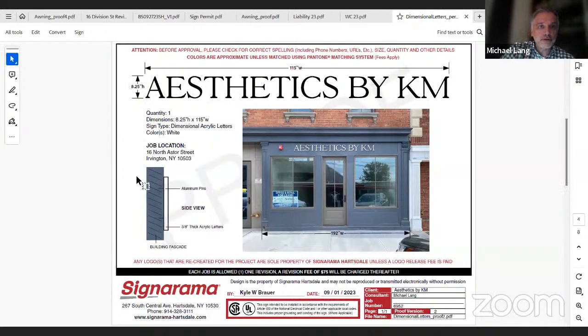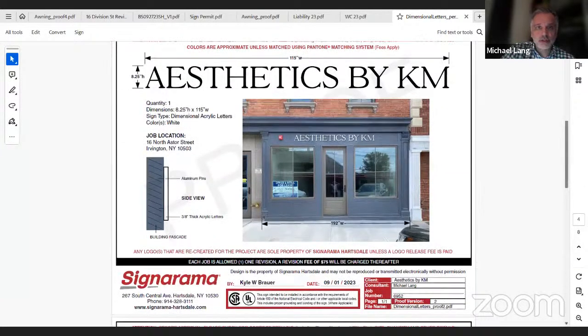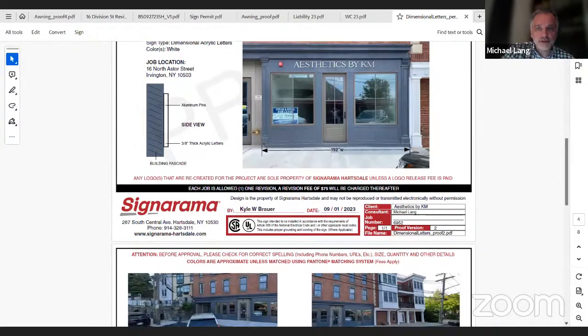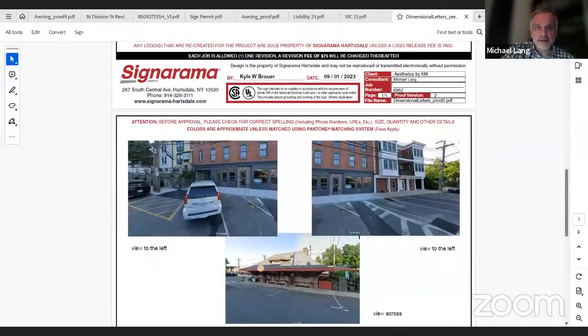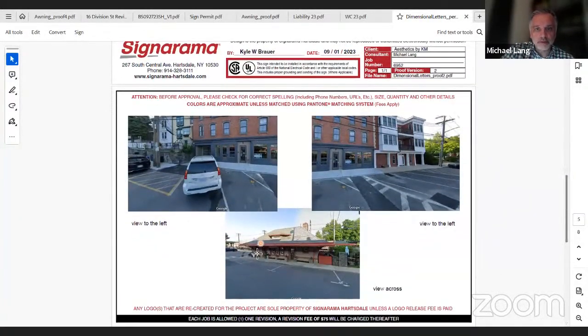The letters you see in the lower left area here are flush mount. In other words, pins in the back will be mounted into the facade. No standoffs. On the next page, I have pictures of the left and the right, and the opposite side.